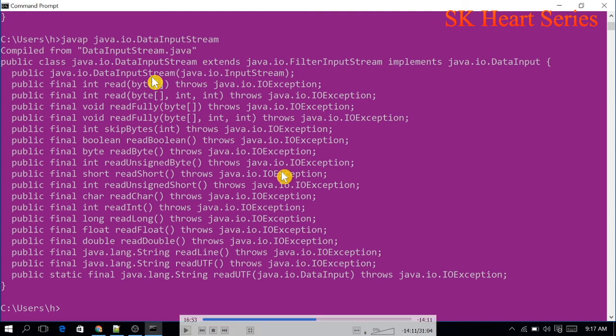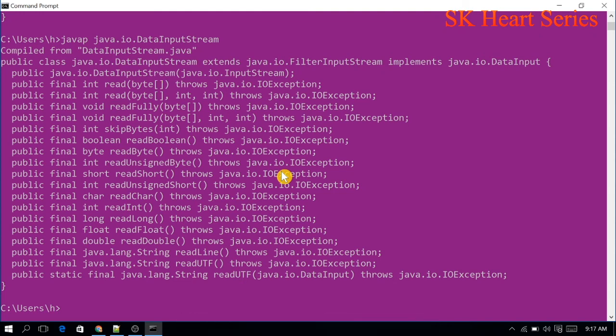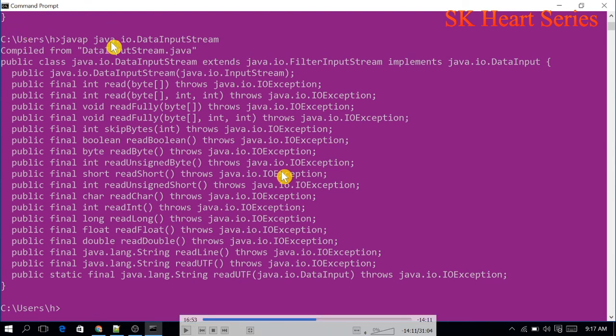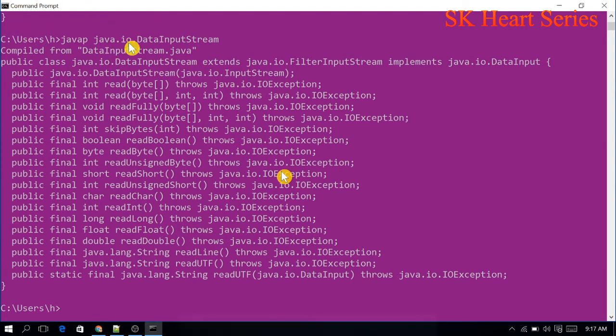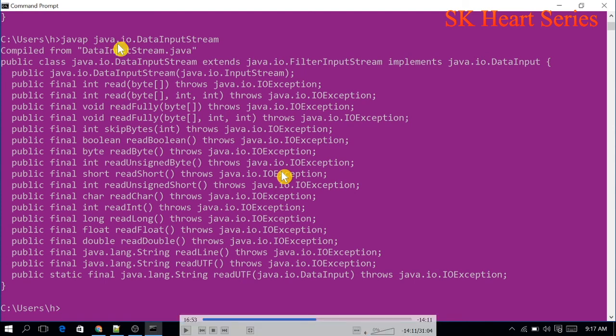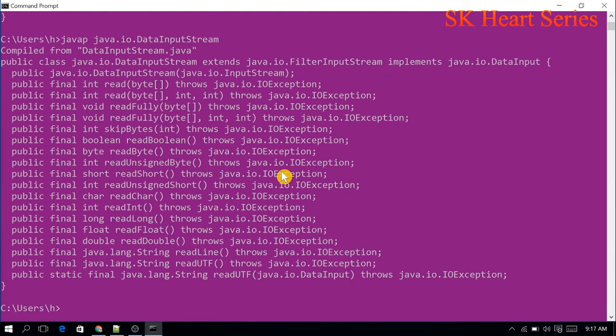Like that, we will see in the next video what the dot operator is in Java, what the dot is called, what the work of java is, what the work of javap is, what the work of javadoc is, and what the work of the java appletviewer command is. We will see in detail in the next video.